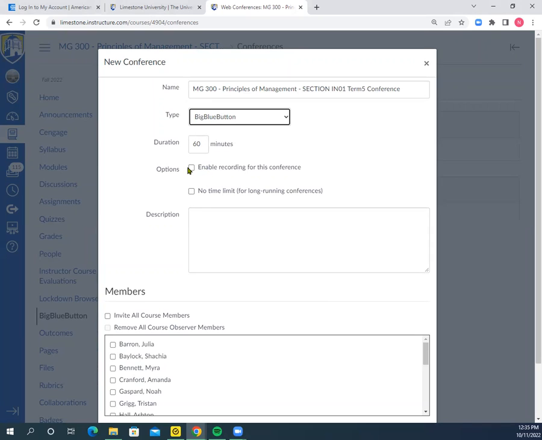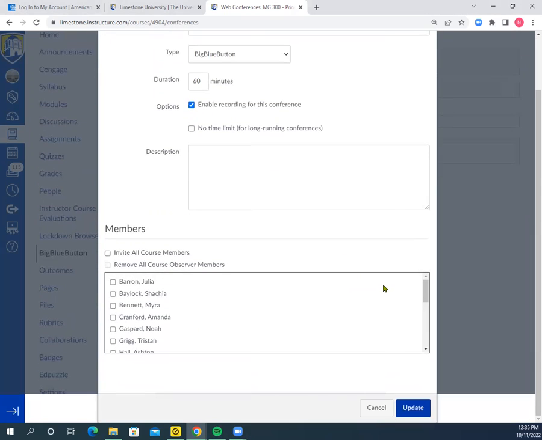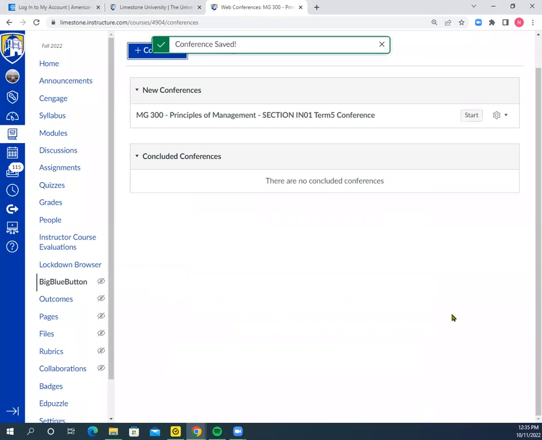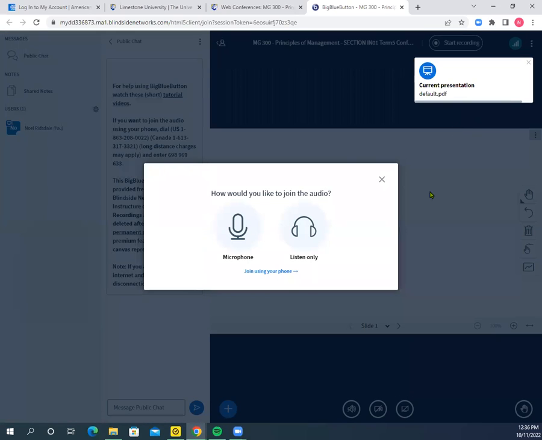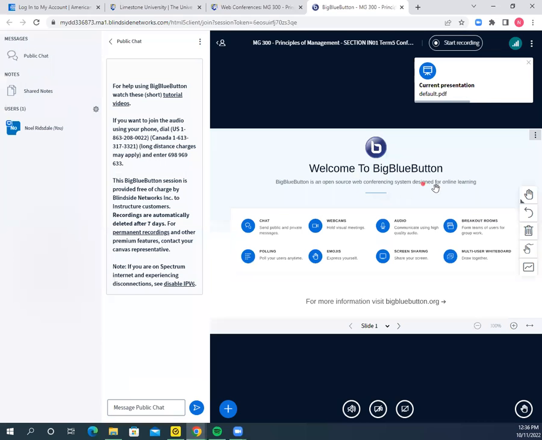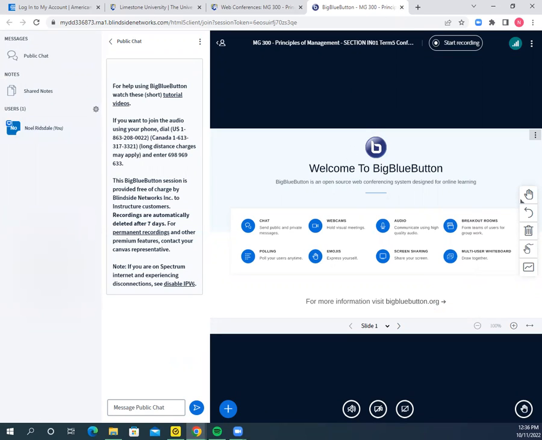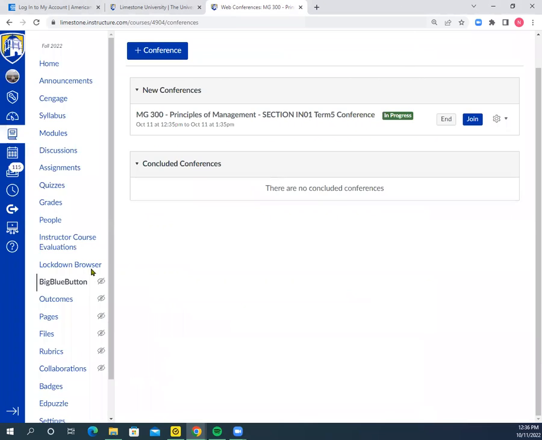You'll enable the recording, and then just update. Once you've got one, you can start. It may not start because I'm in a different conferencing session, but it did actually. So you can go ahead and use this as well. It's all up to you. You can see that this is another way of doing those types of things.